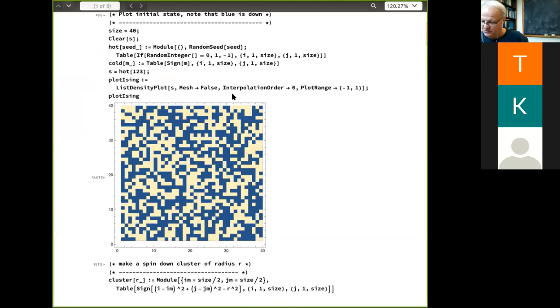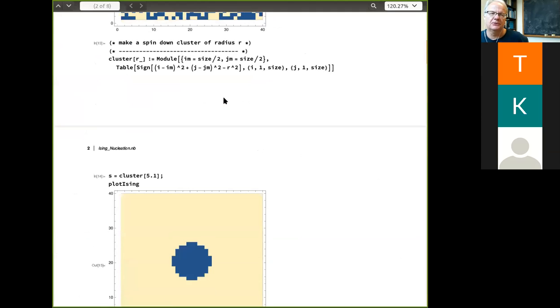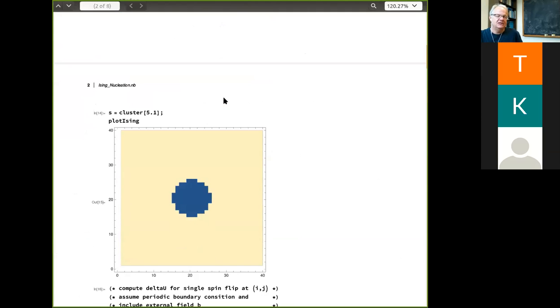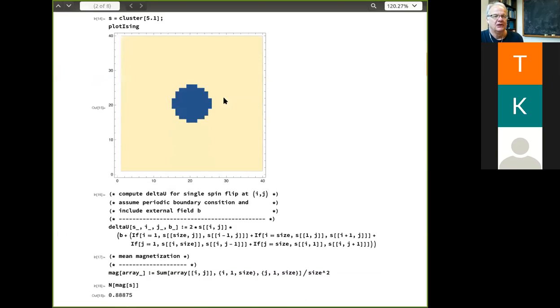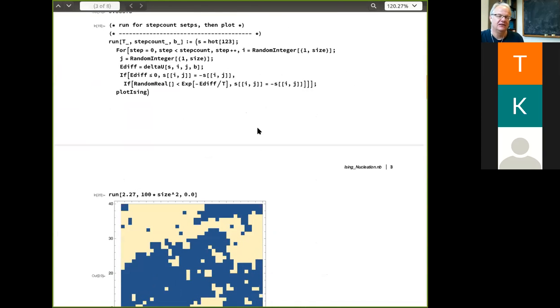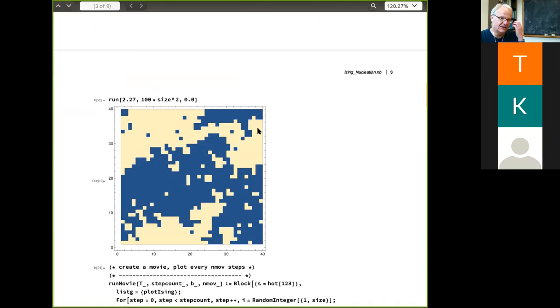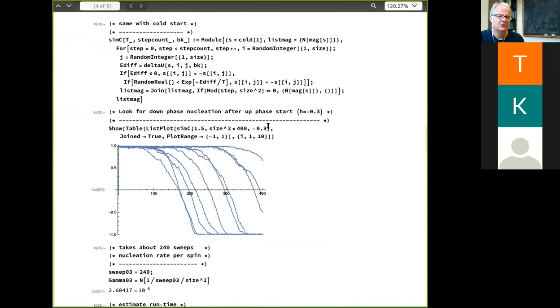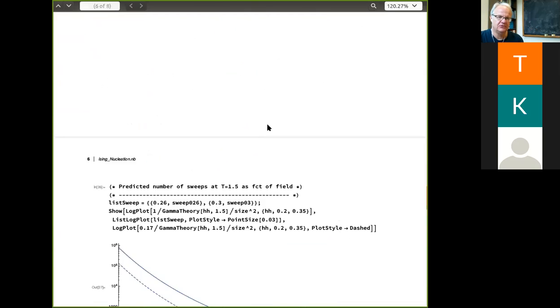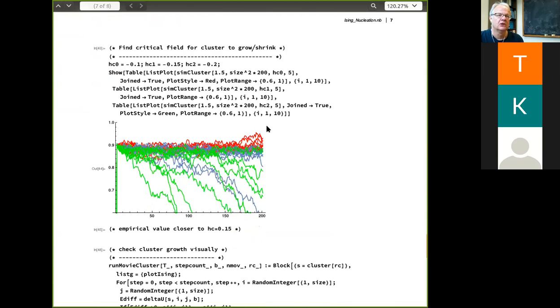Okay. So this was our Ising simulation notebook. And I just added to the Ising simulation notebook a special kind of initial condition. It just initializes a bubble of some size, okay? And so what you can now study in this Ising, among other things, is whether that kind of bubble is stable. So one of the exercises was to start with a bubble of a given size and to just see whether